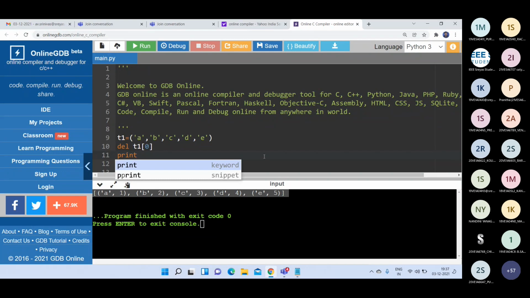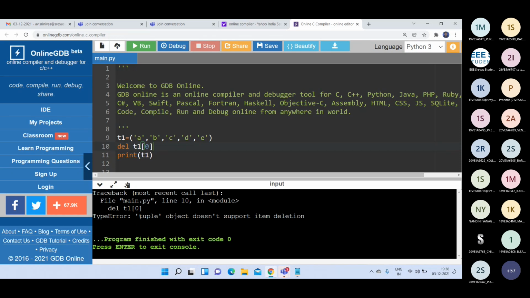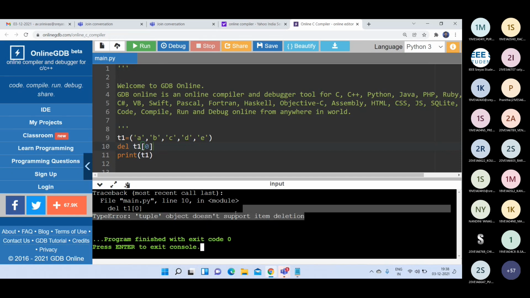Is it possible? No. If you try this, you will get an error. See the error here. Tuple object does not support item deletion. So it is not possible to delete a specific element.